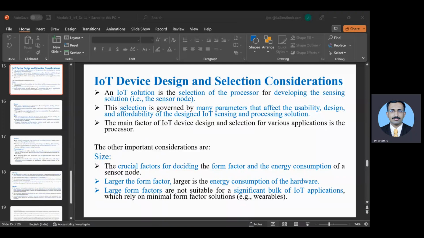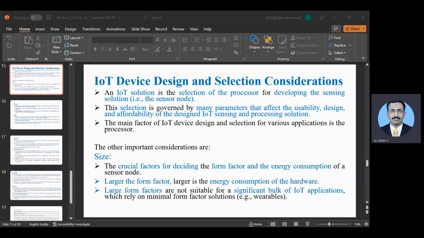First one is size. It is a critical factor in designing any setup or any IoT device. It is very important to make sure that the size is not too high, meaning too big. It should be small in size. But you cannot reduce it too much either. For example, if a mobile phone's size is reduced that much, that is also not good, isn't it? So you need a specific, compact, optimized size which will be useful for you to do the processing. Okay.